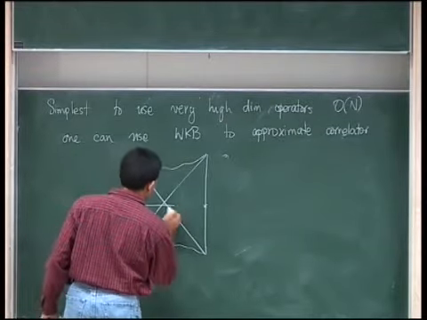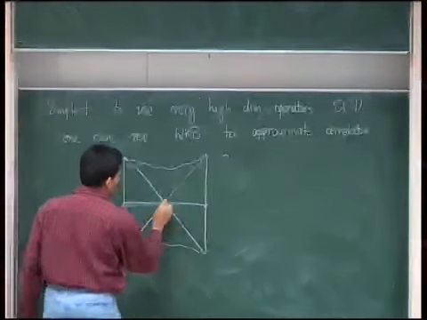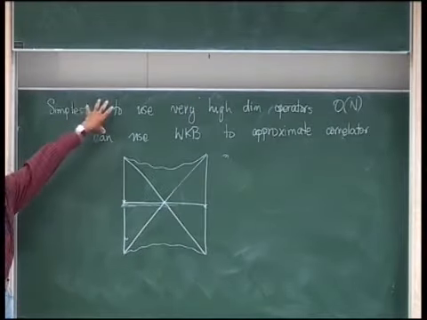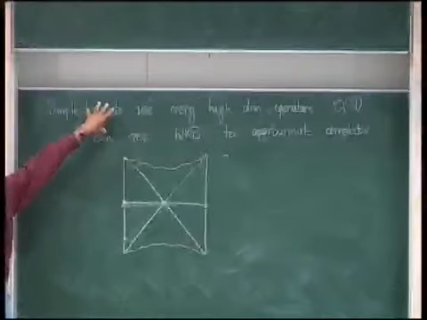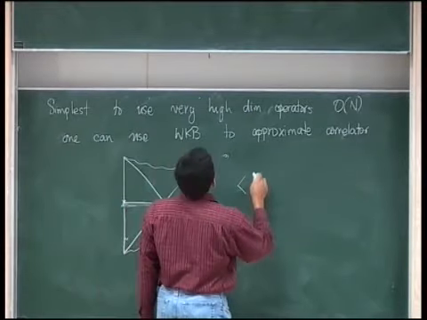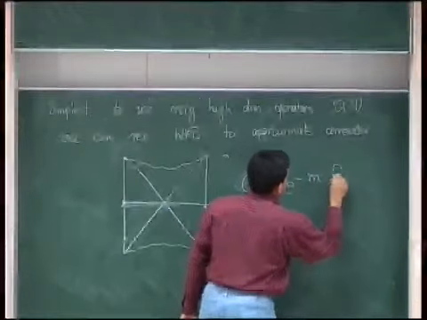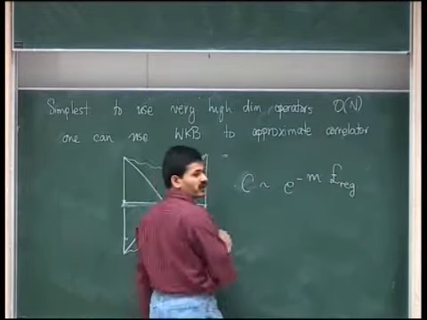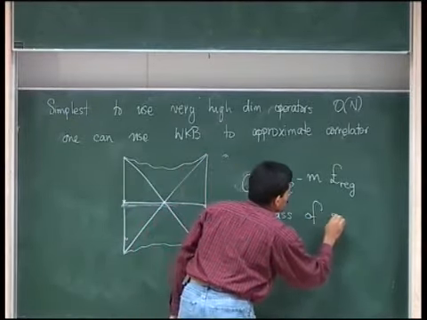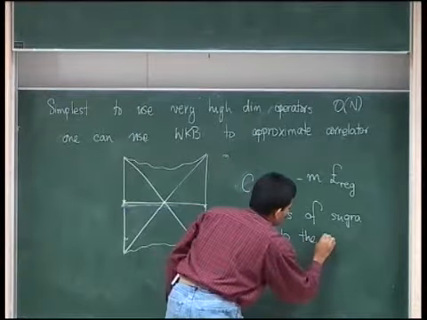You can show, I won't go through the argument, that if I have two operators, one on each boundary, in this limit of WKB that I'm talking about here, the correlation function that I'm interested in, let me call that correlator C, is given by a geodesic approximation where m is the mass of the field in supergravity dual to the operator in question,